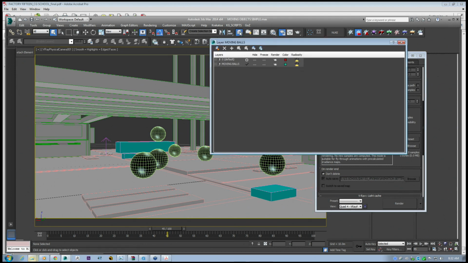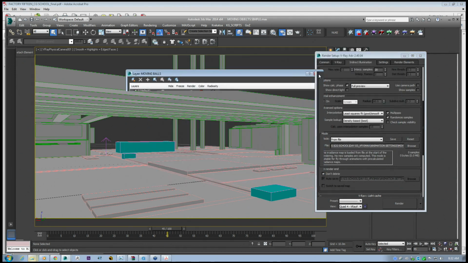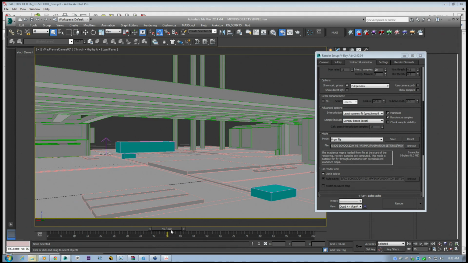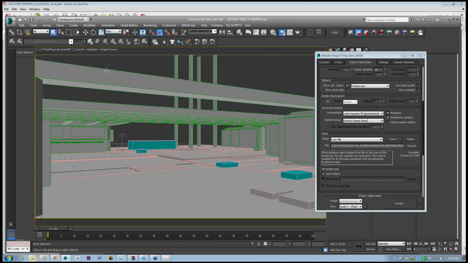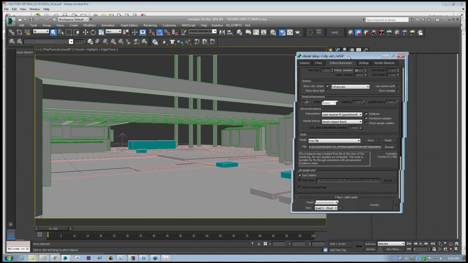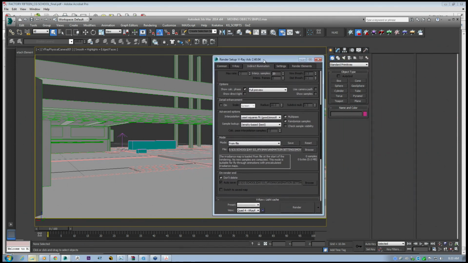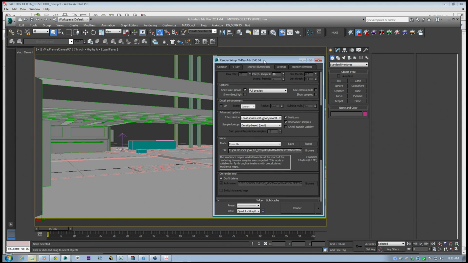So what we want to do is pre-calc this with our moving balls off, with our moving elements off. You can either have that on a layer that we hide, or it can be a separate XREF, for example. Like in the example that I showed you with the moving people, the people and the cars were on a separate XREF that we can reference in and out of our scene. So our camera file is our master file still, with no actual geometry in. It's just got our lighting and our camera. And then we're referencing in our buildings, but turning off our reference of our moving object